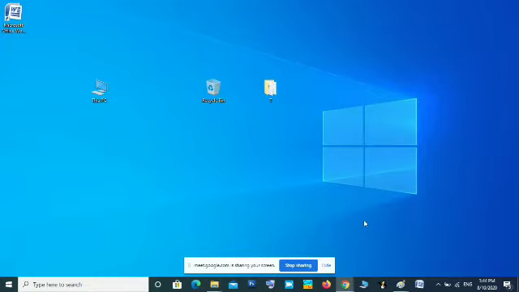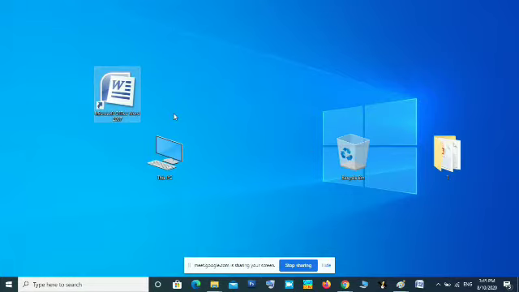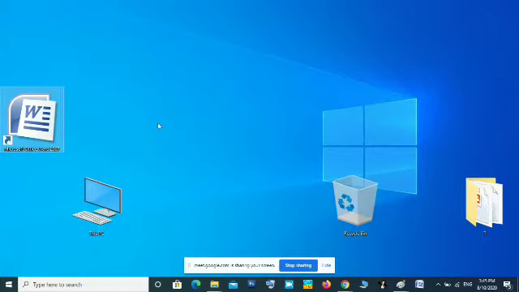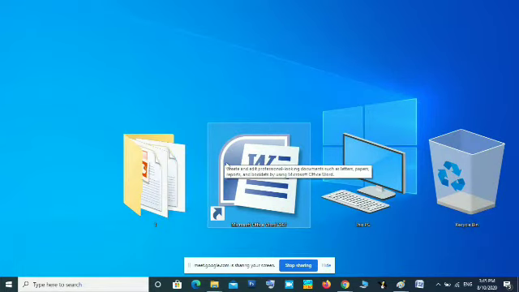The next section is changing the size of the icons. The small pictures that represent a file or a folder, we call them icons. You can make the view, that is the size of their visibility, big or small. For that, an easy method is to press and hold the control key on your keyboard, then scroll the scroll button on the mouse. Now I am scrolling upward, holding down the control key. Now you can see the icon is the biggest in size.